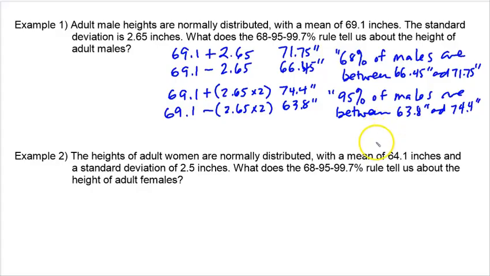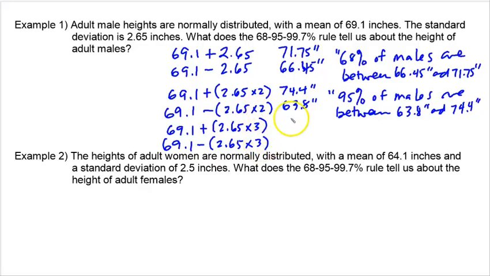inches tall. And then finally, to get our final, the 99.7%, we would do this one more time, but we're going to go out 3 standard deviations from the mean. So we would do 2.65 times 3, and then we would subtract 2.65 times 3. Going to the right, that would be 77.05, and then to the left,